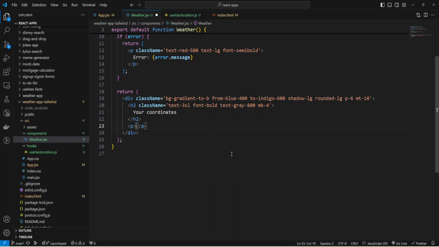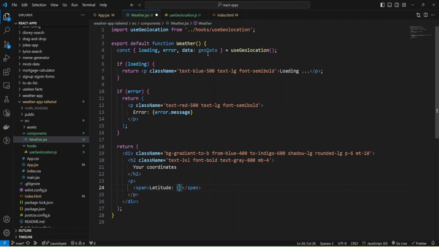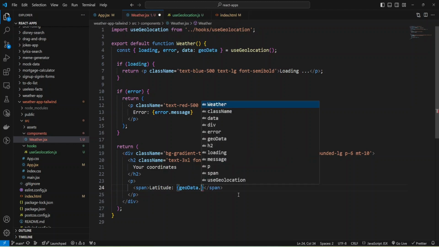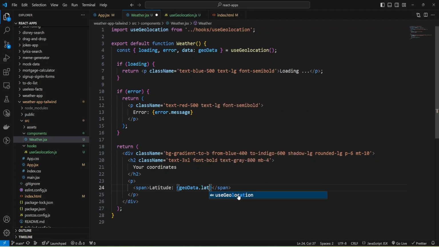Okay, we have our paddings, margins, and now we can provide coordinates. I'm going to add a paragraph. Inside the paragraph will be a span, and provide my latitude. And I'm going to use geodata from my useGeolocation hook, and we'll have latitude inside it.